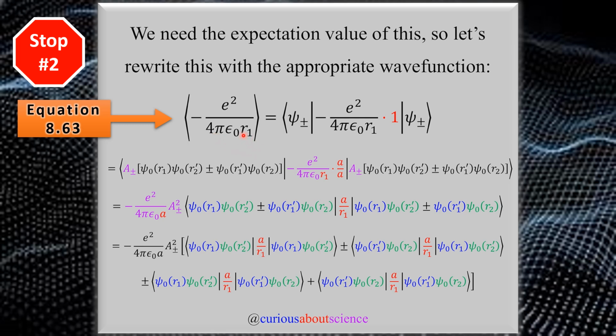But we know that the expectation value has to be sandwiched between two wave functions, so the inner product. And that's where we call upon psi plus or minus. Now the psi plus or minus is coming from equations 8.55 and 8.56, which is the symmetric and antisymmetric states. Okay, so if we can show that it works for both of these, just keeping track of the plus or minus signs,